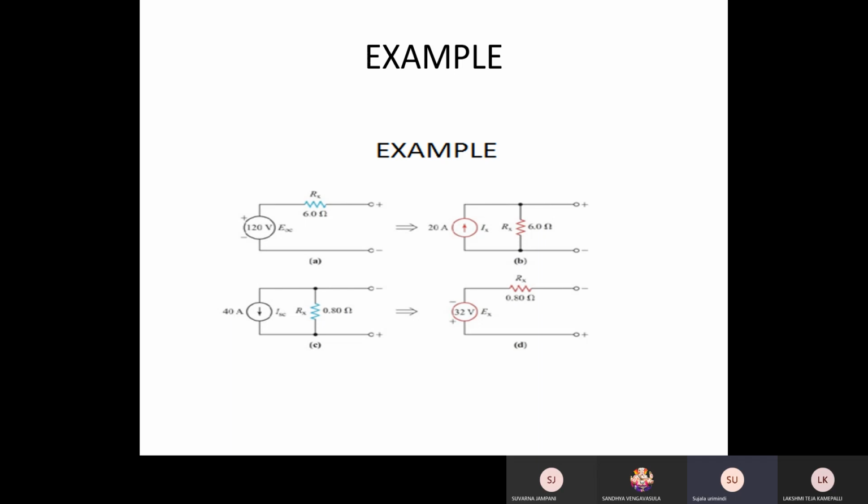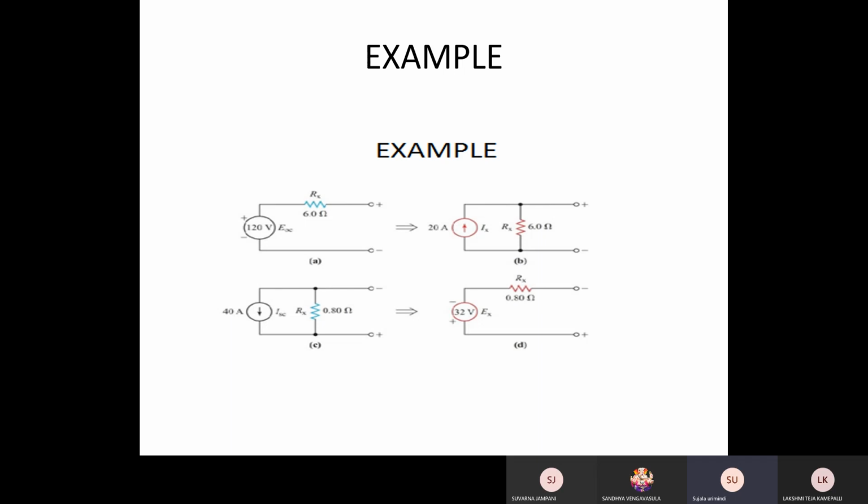When you have to convert a voltage source into a current source or a current source into a voltage source, when you know the voltage and resistance values, converting to a current source gives I is equal to V by R. When there is a current source, we know the I value and the resistance value, then we convert to voltage: V is equal to I into R. Whatever the series resistance is, you put the same resistance in shunt, and whatever the shunt resistance is, you put the same resistance in series. So the value must be the same.